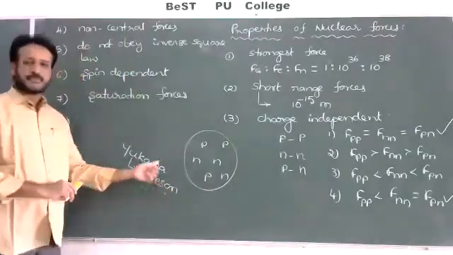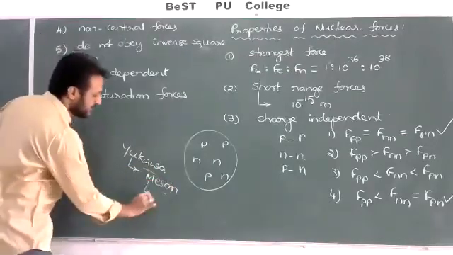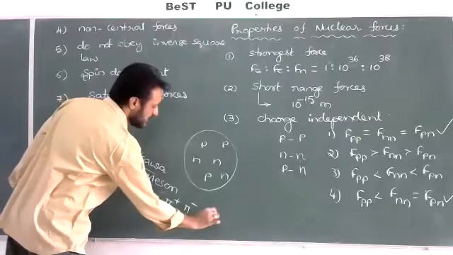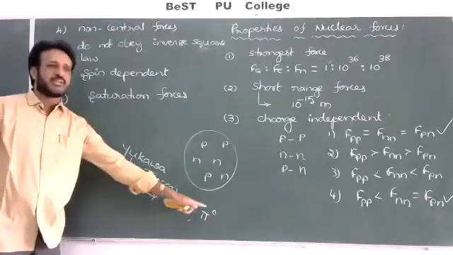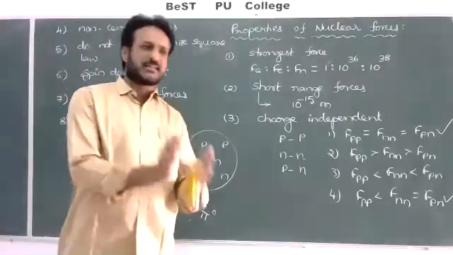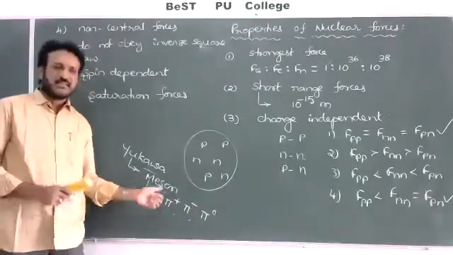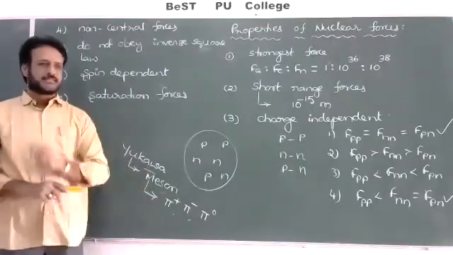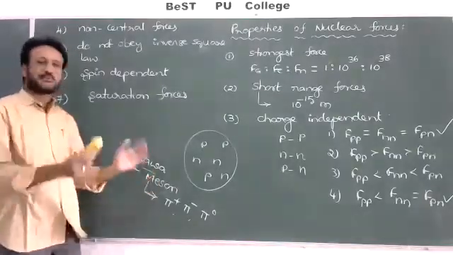Mesons are charged and neutral, both present. These are nothing but the pi mesons. There are three types of mesons: pi plus, pi minus, and pi neutral. The first two are charged mesons, but pi neutral is a neutral meson. The mass of the mesons lies between the electron and the proton. The word meson indicates intermediate: not more than proton, not less than electron.